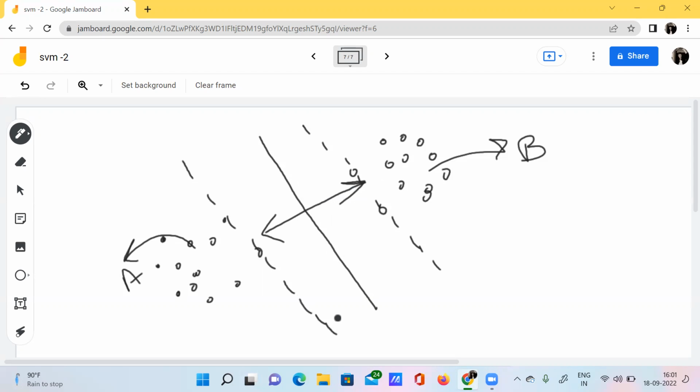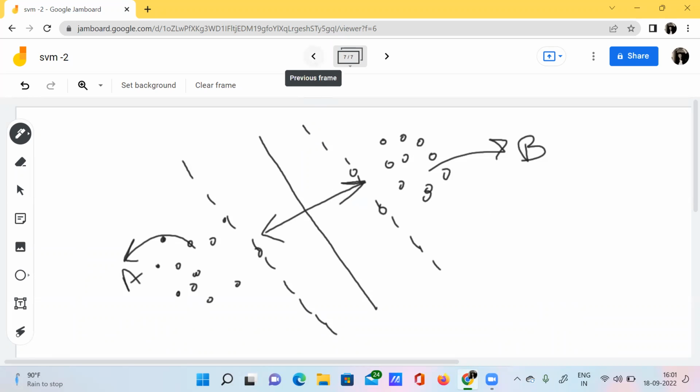Then only can we call it a maximal margin hyperplane. Why? Because we need to find the shortest distance between the hyperplane and each of the data points, and also the margin should be wide.